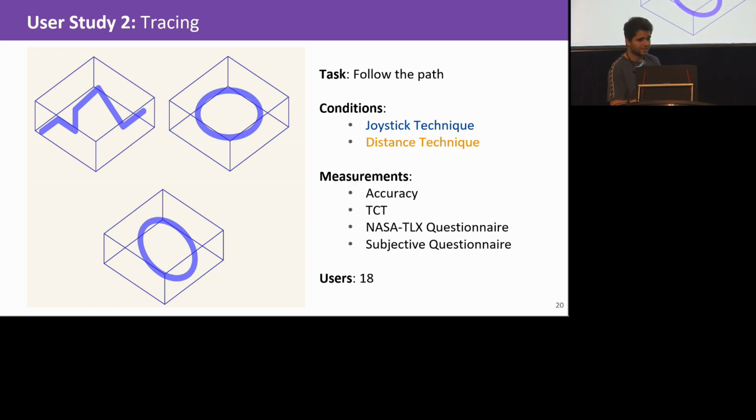We used three different paths, which were a regular pipe with different irregularities, then a torus, and a tilted torus. And in this case we used the two techniques that we mentioned: the joystick technique, which is controlling the depth using the joystick, and the distance technique, which consisted of using the pointer to read the distance and project the dot at the depth we wanted.